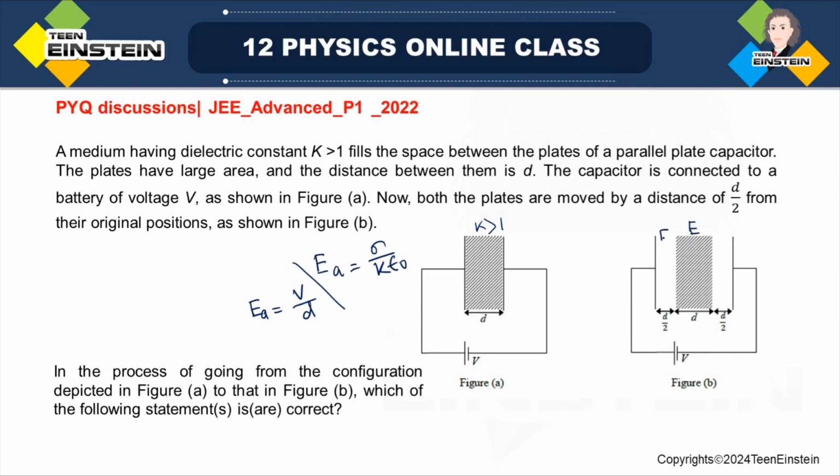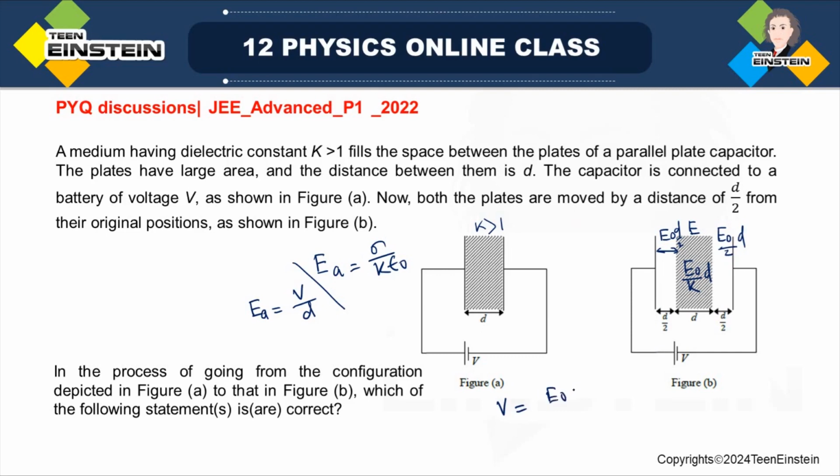Let me write the potential difference between these two ends, or this space, is given by E0 into D by 2, because this distance is D by 2, and also this portion has a potential difference of E0 by 2 into D. Then this place will have electric field E0 by K, and multiplied by d, this is the potential. Okay, so look here, V will be equal to